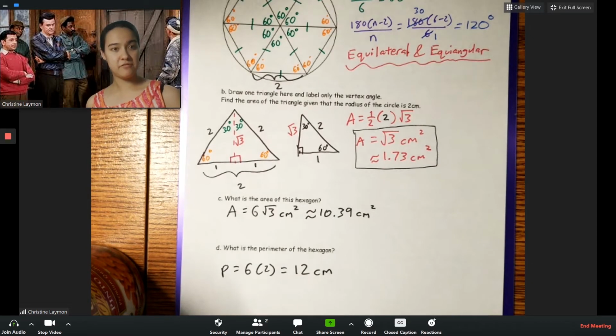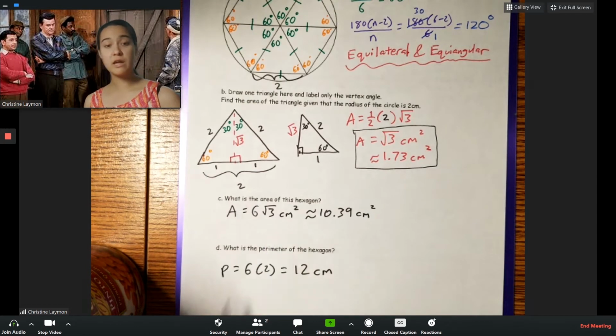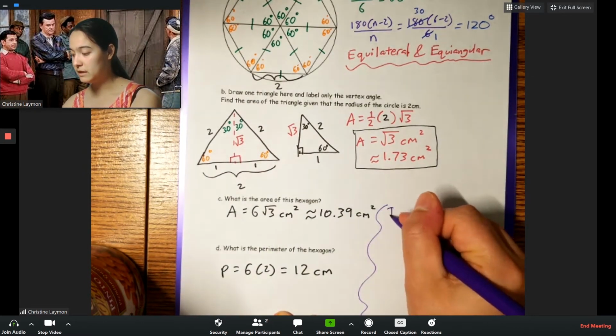Now I do want to note, okay, this is 12 centimeters. One of the methods of finding the area of a hexagon was using 1/2 times A times P. So I'm going to actually write that down as a note down below here. So this is the work I've shown so far. I do also want to make this note over here. If using